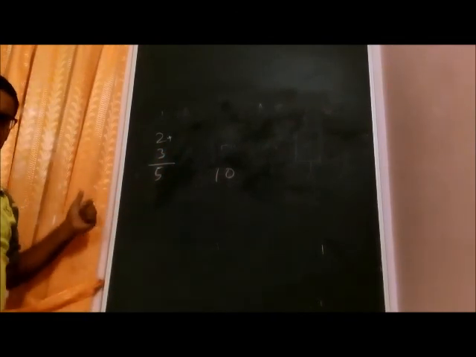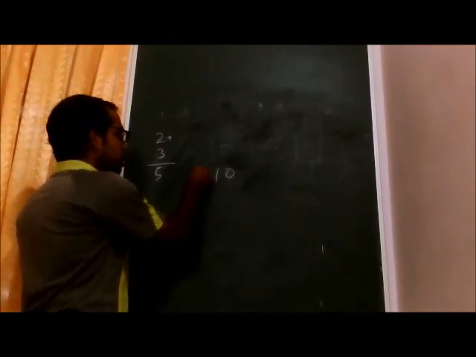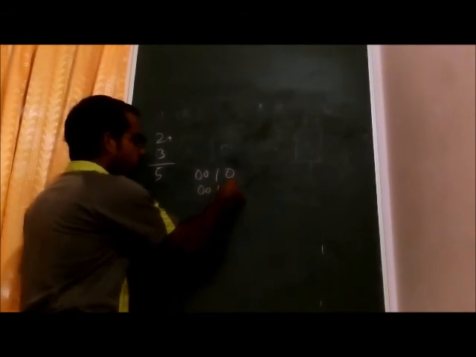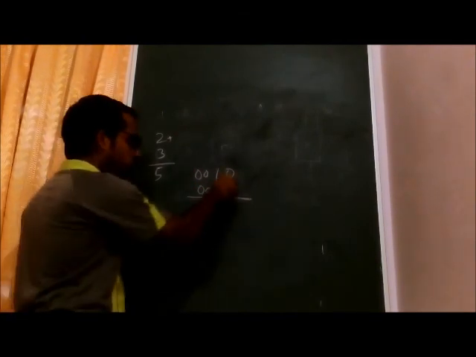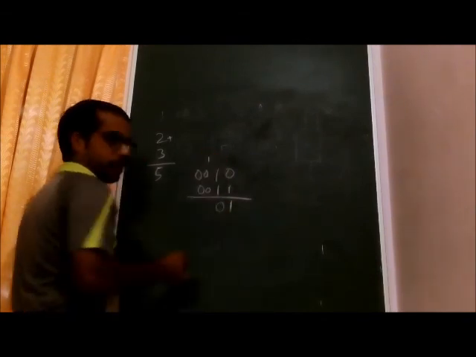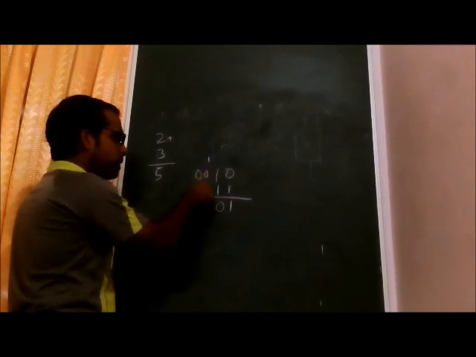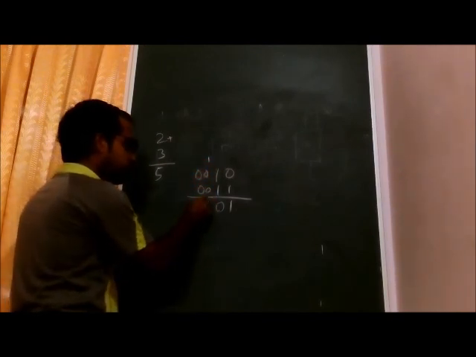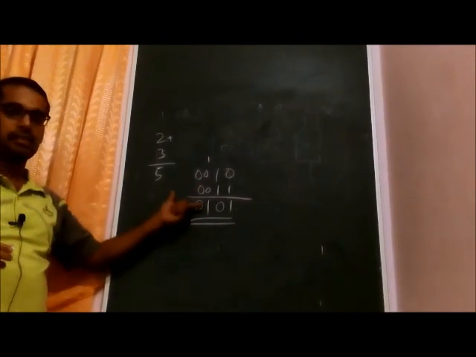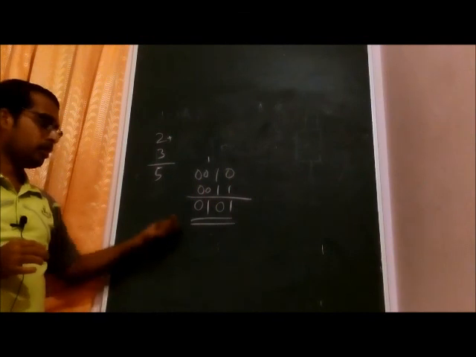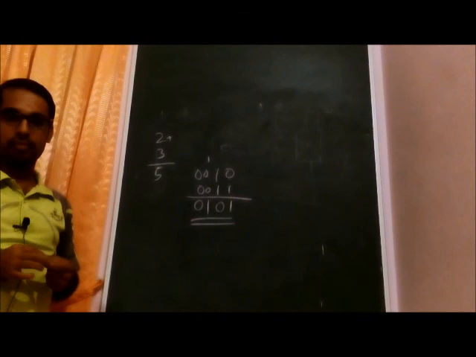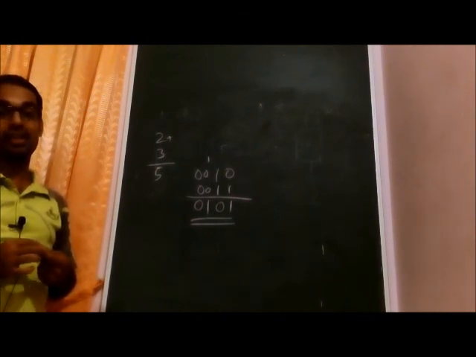If you want to add 2 plus 3 here, the 2 will be represented as 0 0 1 0. This is 2 and 3 is 0 0 1 1, and you can sum this. 0 plus 1 is 1, 1 plus 1 is 0, and there is a carry here, and this carry 1 plus 0 is 1, and this is 0. So this is 5. This is how a binary addition is performed. It can be for 4-bit numbers or 8-bit numbers. In the next section we will describe the 4-bit subtractor.